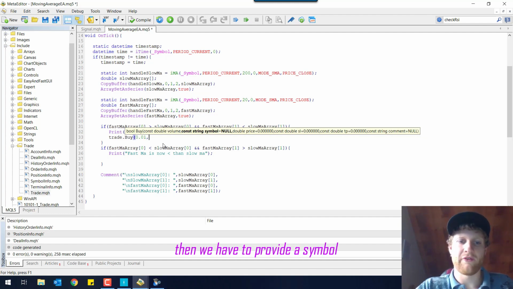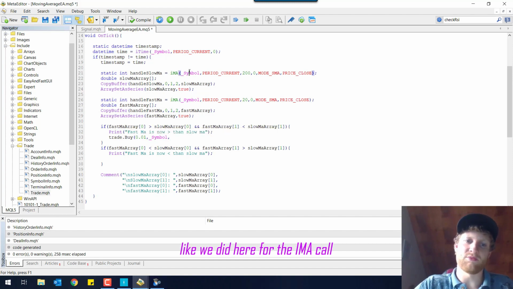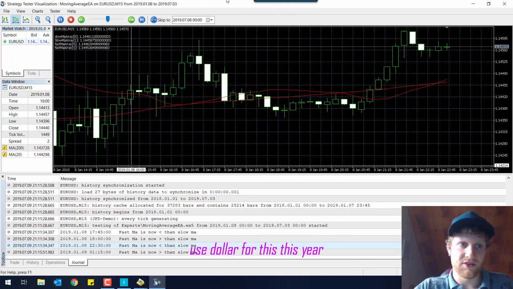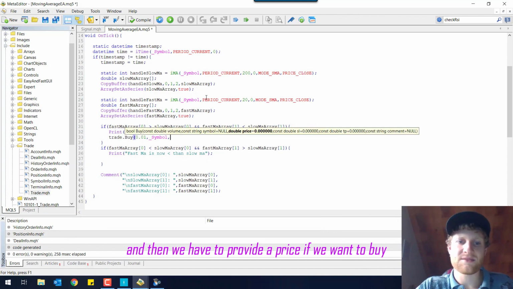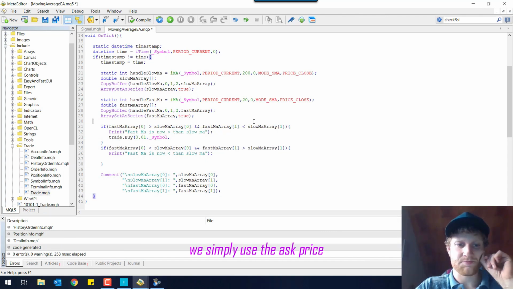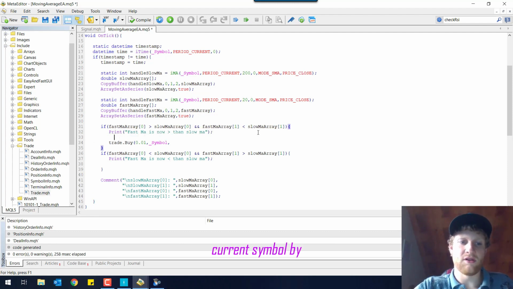Then we have to provide a symbol. We can use Symbol again, like we did here for the iMA call, which will just add, like, EURUSD for this EURUSD chart. And then we have to provide a price. If we want to buy, we simply use the ask price, and we can receive the ask price of the current symbol by using